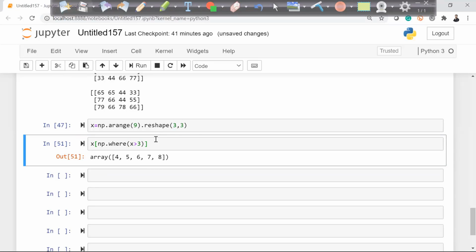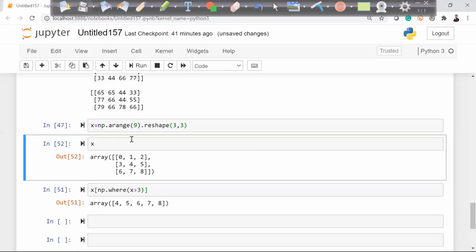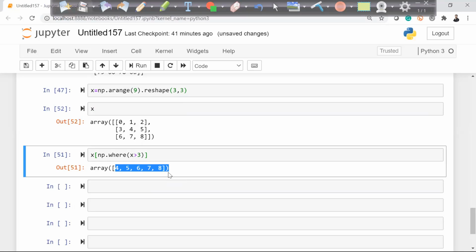There was a matrix which is X. I'm looking for the records which are greater than 3. I'm getting all the records which are greater than 3 in the flat format. Right, so here I can do a where condition and write any condition, for example where X is less than 3, and you're getting all the values. So suppose we have a big matrix and I want to find values, we can apply the where clause.